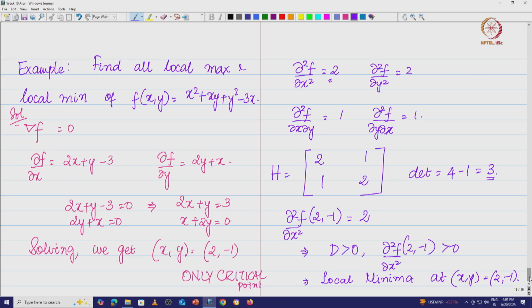Now, having done this, I will probably continue with the idea of Lagrangian multiplier for converting a constrained optimization problem to an unconstrained optimization problem in the next lecture, and then we will take the idea of PCA and least square solution. We will do least squares first and then look at PCA.